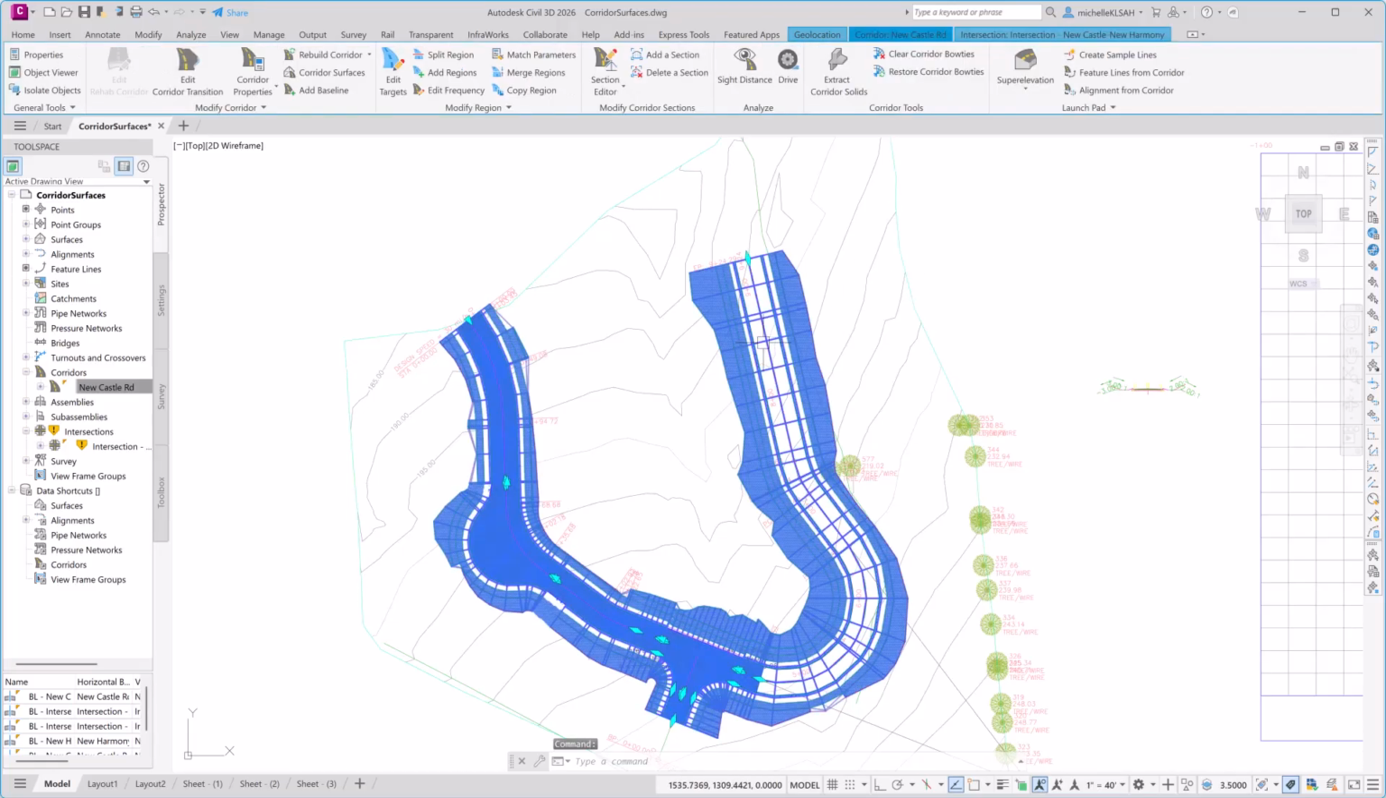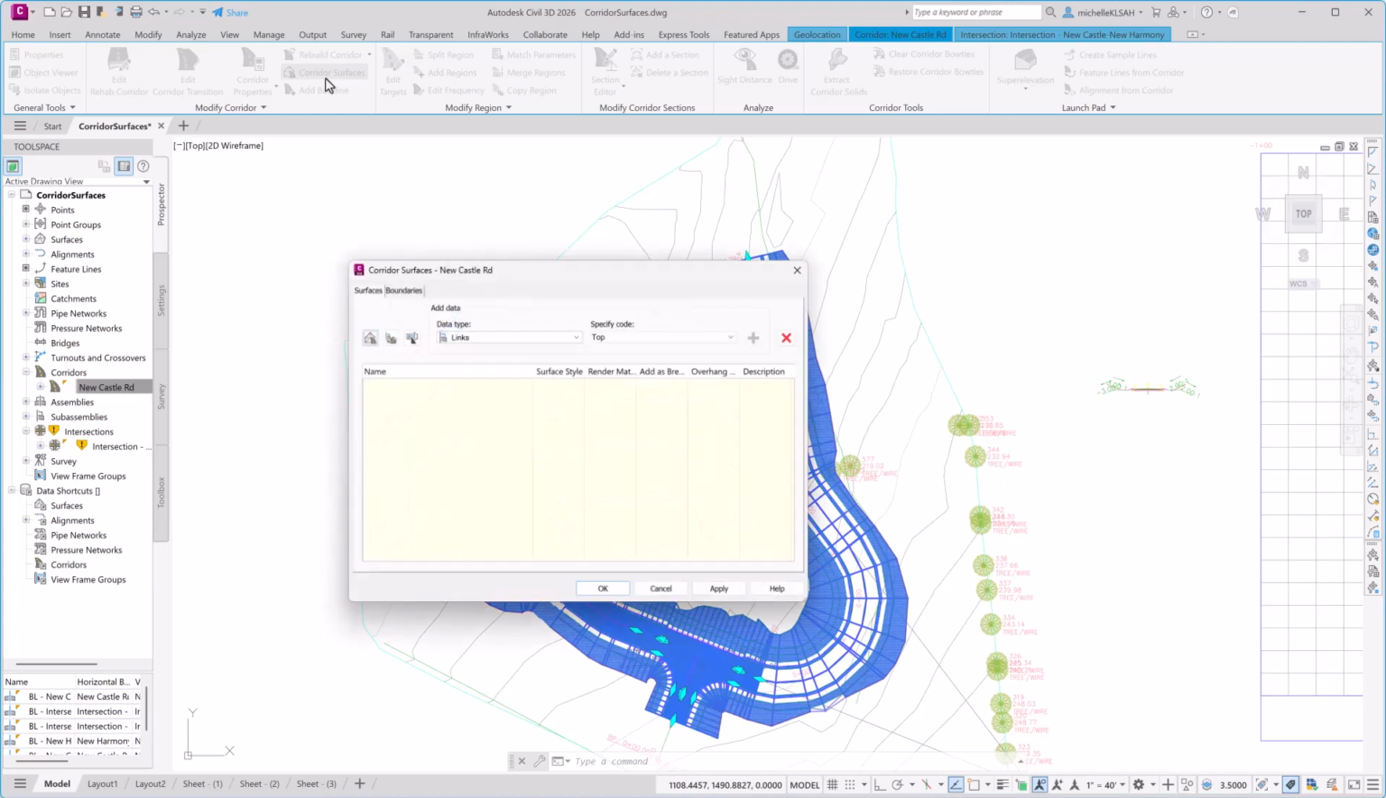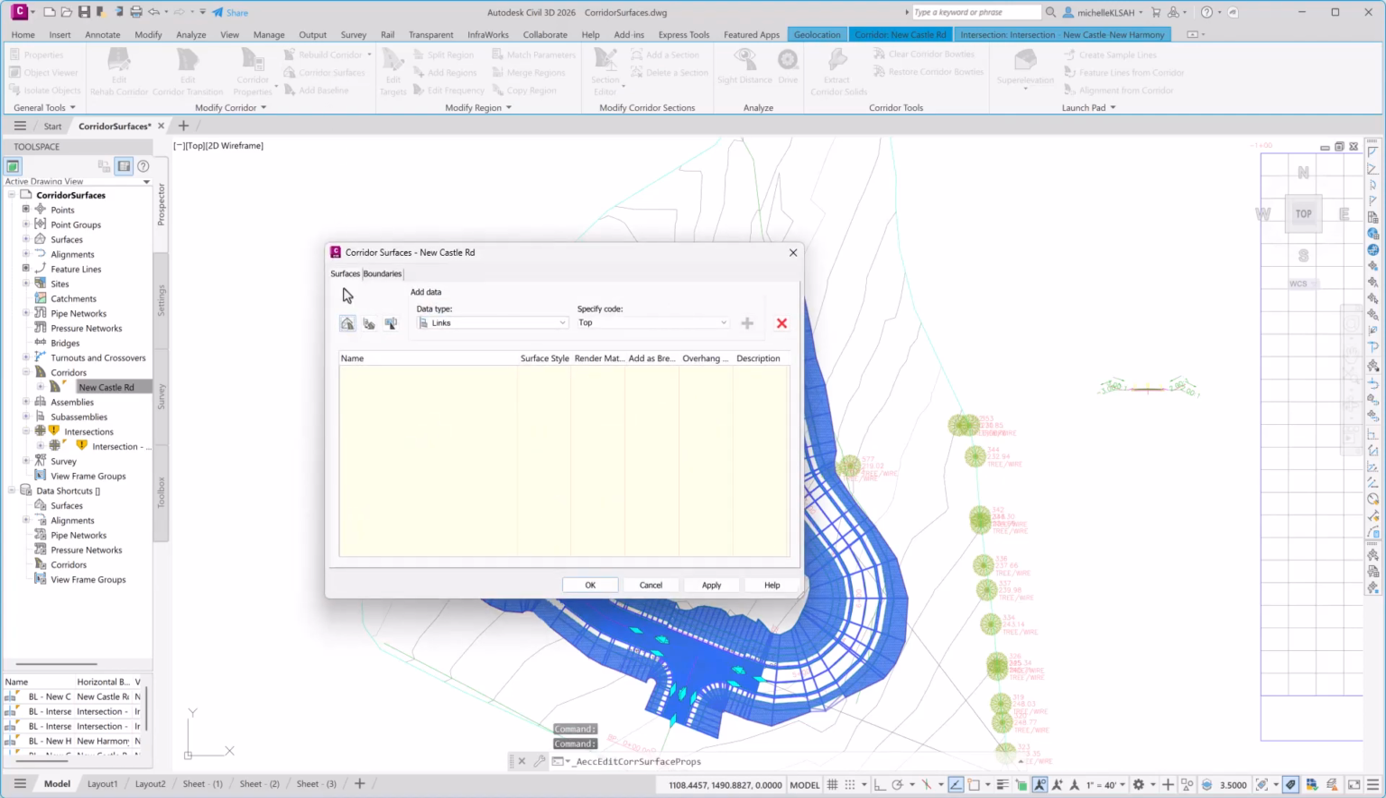To do this, I'll select the corridor, then in the contextual ribbon that appears, Modify Corridor panel, click Corridor Surfaces. On the Surfaces panel, I'll click the Create Corridor Surface button. Then I want to rename it. I always rename it to make sure I remember which one was for my top surface to show how it's